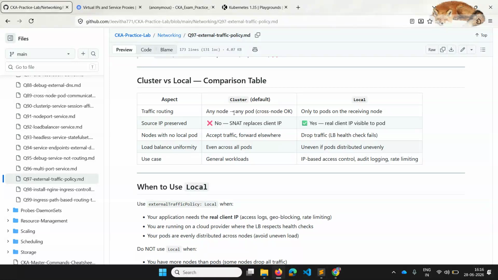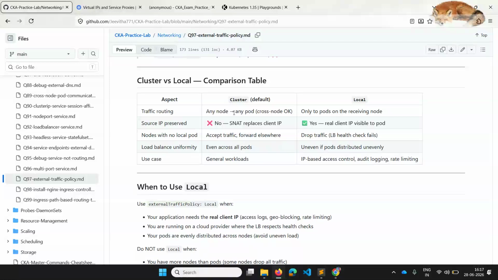So it will stop traffic to the nodes which don't have the pod, and it will only send the request to those nodes with pods that respond. That's how it works in load balancers in AWS or any cloud provider environment.